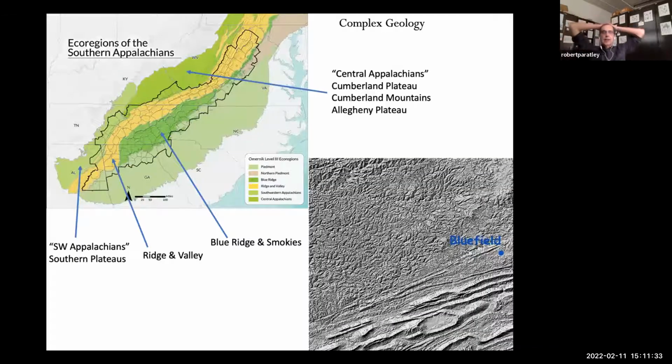Okay, the next thing we're going to mention is the pretty complex geology of the region. I don't know if anyone has already talked to you folks about the geology. We're not going to talk about geology. We're just going to mention it in relation to the kind of environment that different rock outcrops, rock types can provide to forests, to plants. Basically, the rocks that outcrop on the surface are the ones that help form the soils that the trees